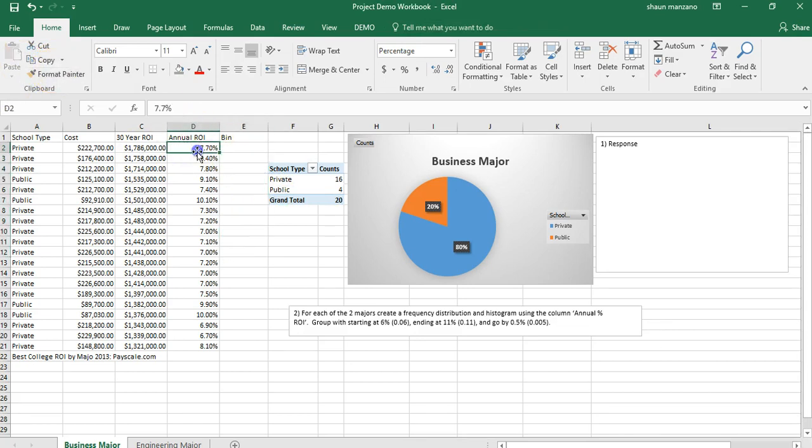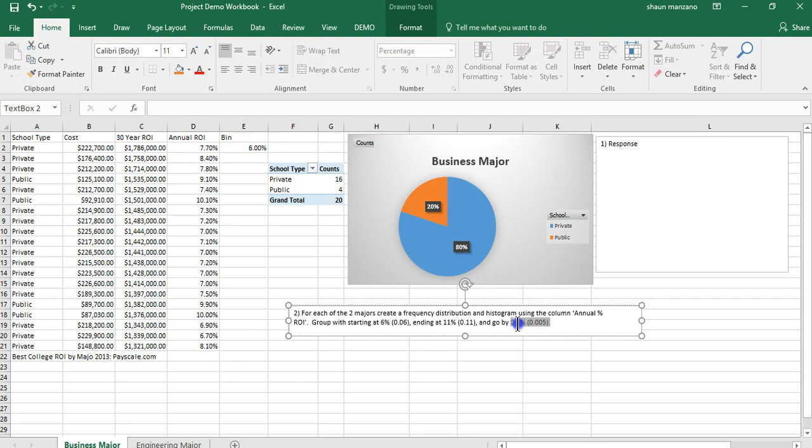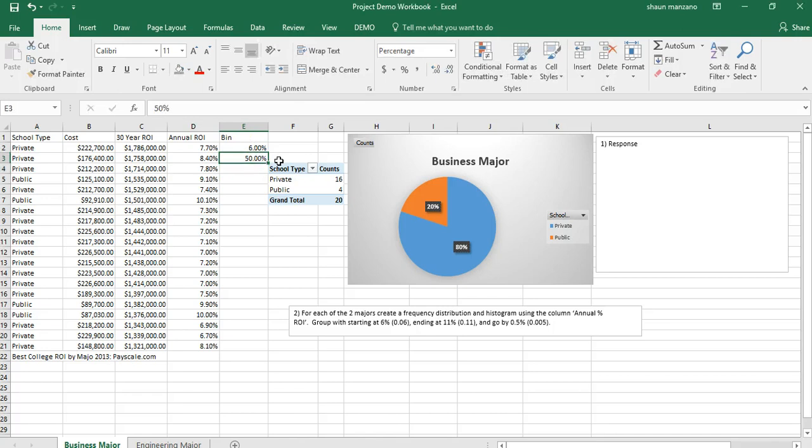The reason you want to do that is because you want to make sure they're the same contents on both. So when I'm putting my percentage in here, it's going to show up the correct way, the same way as the other one. Now it says start off at 6 and go up by 0.5 or 0.005, right? So for us here, on this section, we're going to match it by going up 0.5, right? So it's not 50%,